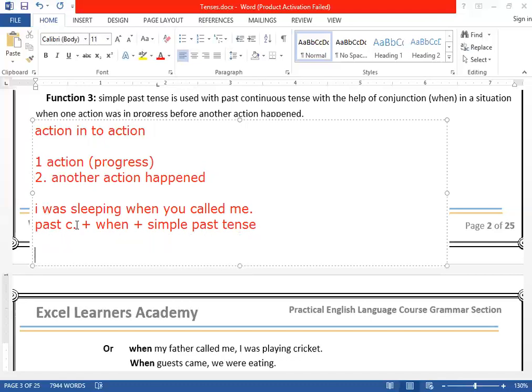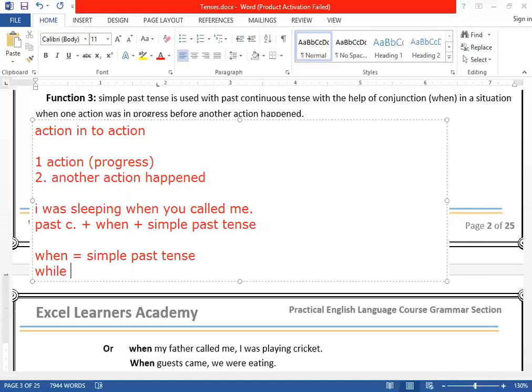रिमेंबर कंजंक्शन व्हेन, हमेशा जो कंजंक्शन व्हेन है वो सिंपल पास्ट से पहले आएगा, व्हेन कंजंक्शन जो है वो किस चीज से पहले आएगा, सिंपल पास्ट टेंस से। और जो while है, आप यहाँ पे एक और कंजंक्शन भी इस्तेमाल कर सकते हैं, while, ये आएगा किस चीज से पहले, पास्ट कंटीन्यूअस, ये पास्ट कंटीन्यूअस से पहले आएगा। How we can also write down in this way,